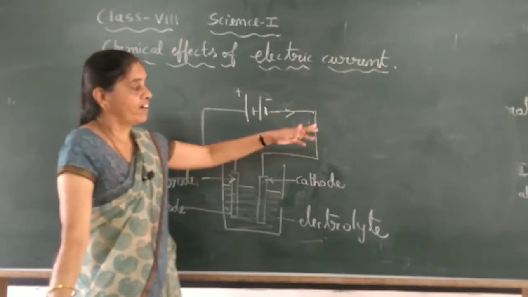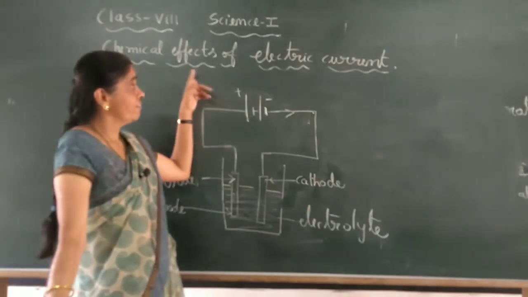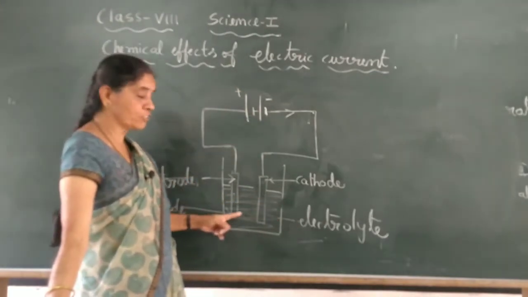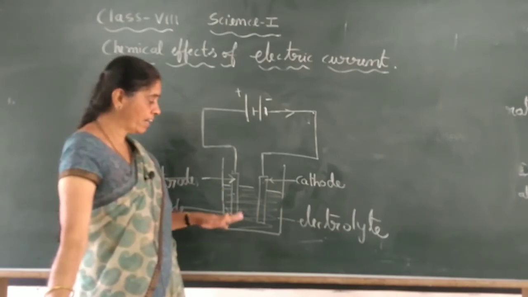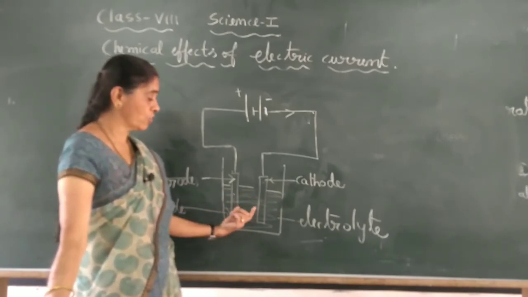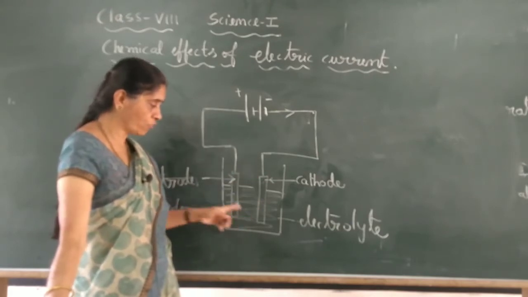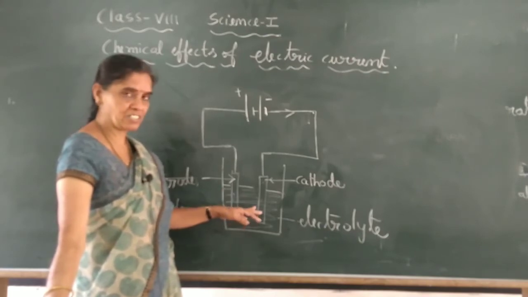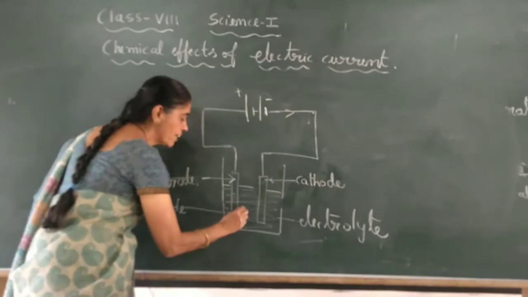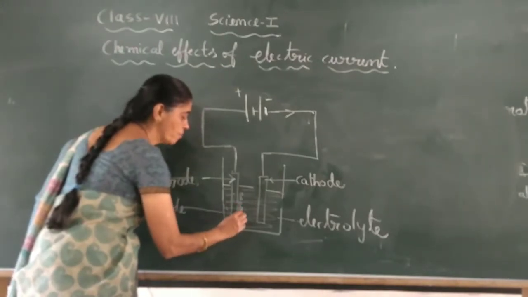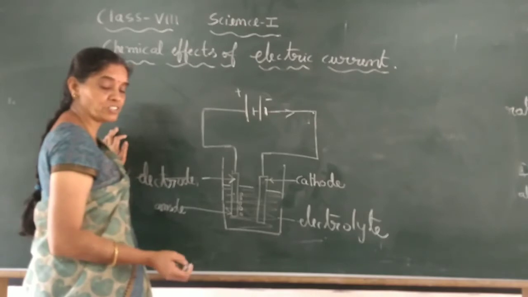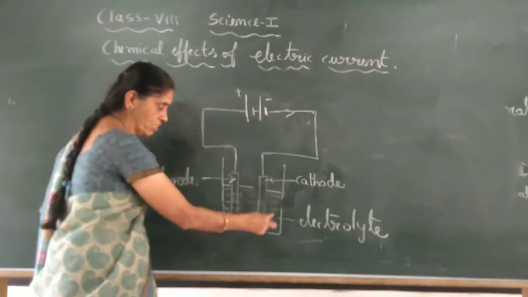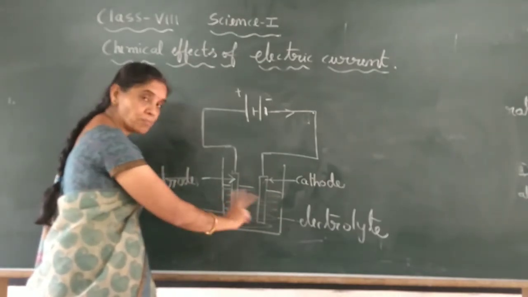Okay. Now while the chemical changes take place, when you pass the electric current through this solution, the electrolyte, which allows the current to flow, in some electrolytes you can see bubbles liberating, usually at the anode, or in some experiments even at the cathode. So that is one chemical change you can see. Or, as I said earlier, the color of the electrolyte may change.